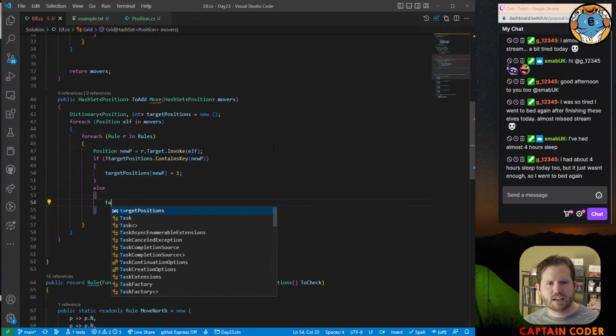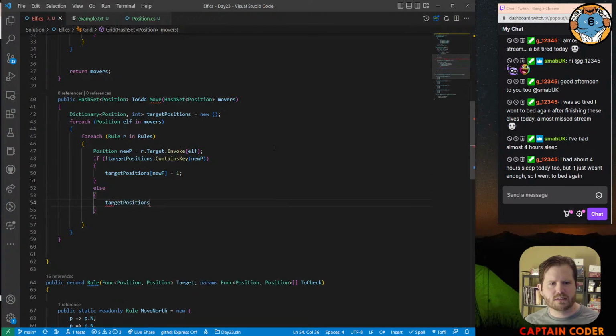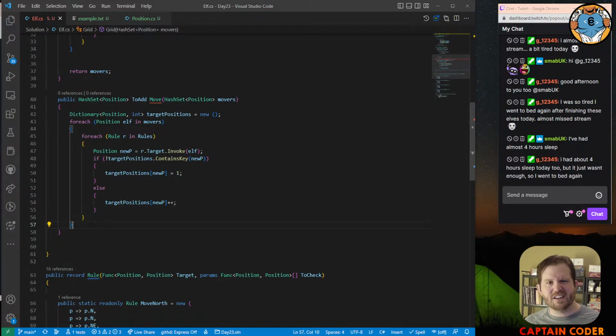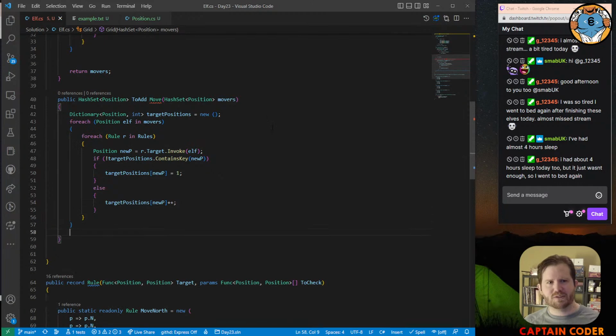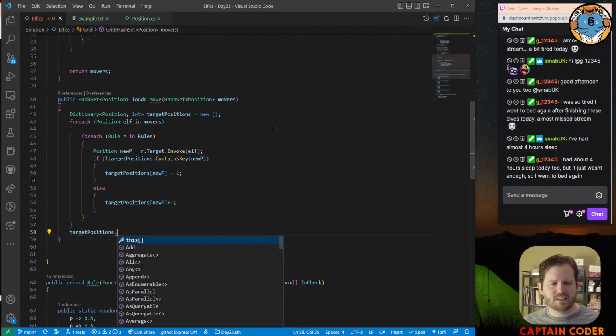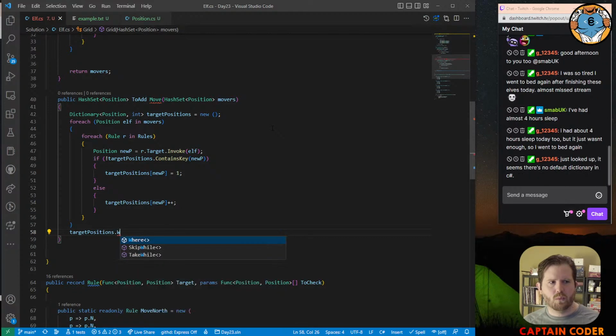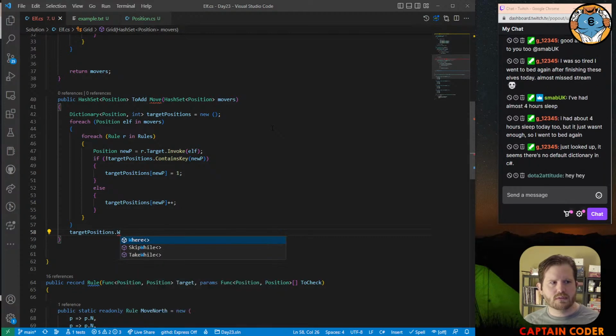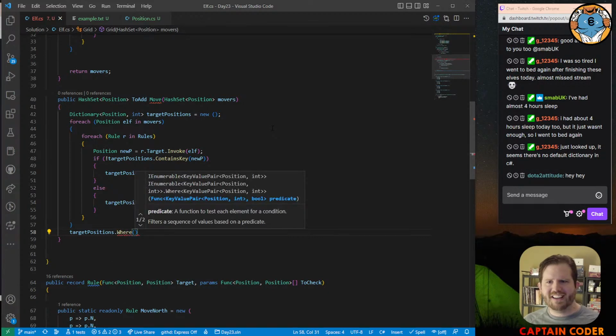Else, this means it contained it. Target positions of new P. Can I do ++ here? I'm slightly worried that that doesn't work. All right, so then down here at the end, we say, well, we only keep, so target positions dot